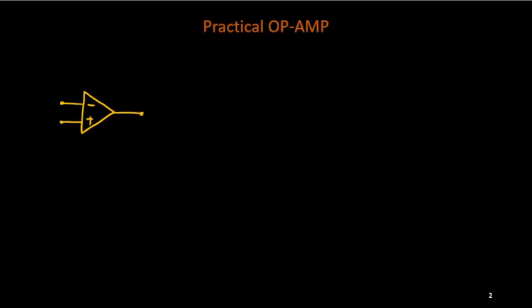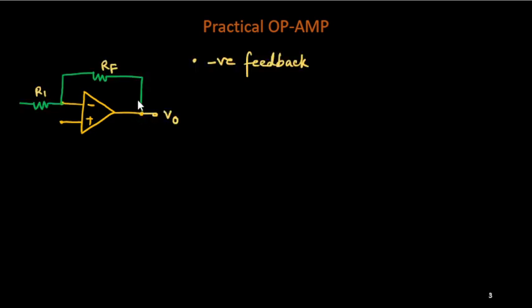Now consider this op-amp. You know that an op-amp is a 3-terminal device. This is the inverting terminal, the non-inverting terminal, and this is the corresponding output. And always we will use this op-amp with negative feedback. This negative feedback means the output is connected to the input side at the inverting terminal through one resistance RF. This RF is called the feedback resistance, and we can have one more resistance R1. So this kind of negative feedback circuit you will get in an operational amplifier if you want to use the op-amp